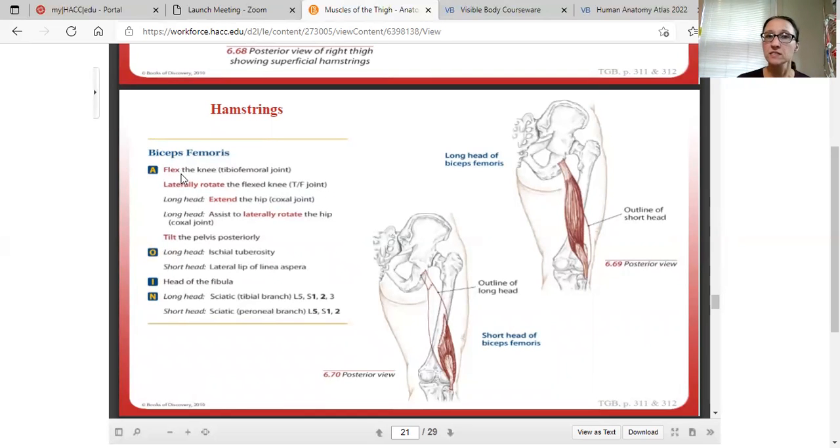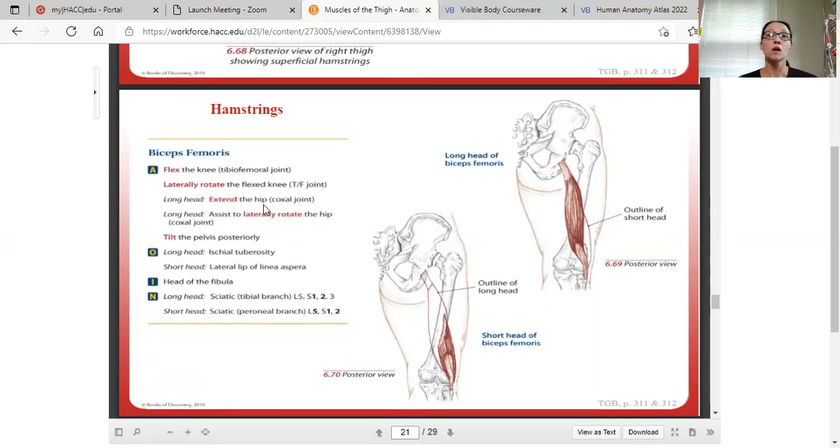All right, so flex the knee and laterally rotate the flexed knee, okay? Now, we have hip actions. So this is all long head, of course, because the short head does not cross the hip joint, as you can see. It's too little. All right, so the long head